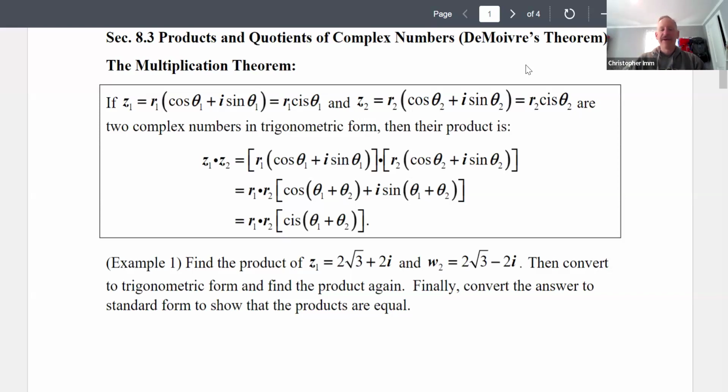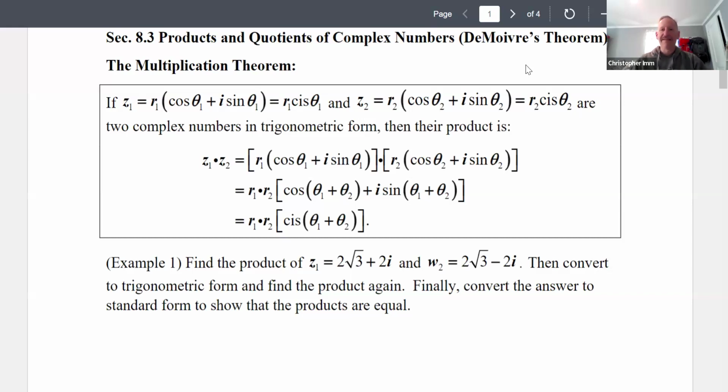So in this case, we have z1 and z2. And remember, we can write them in trig form using their moduli. So that's r1 and r2. That's really the distance they are away from zero in the complex plane. And their argument, that's the angle from the real axis. It's going to be positive if we're going counterclockwise,